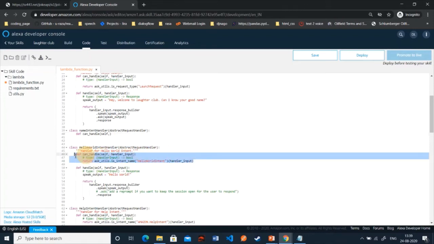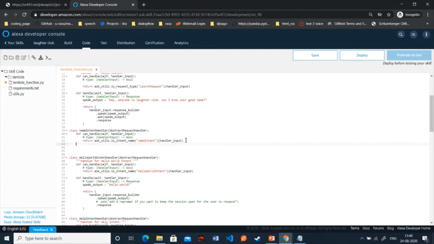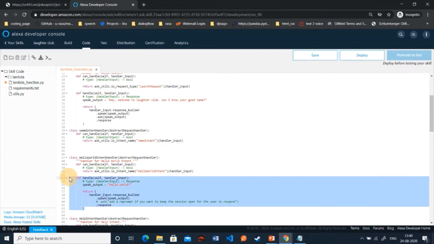Let us copy paste this, because we are going to write the same thing except one change, which is it is handling for the hello world intent, but we want it to handle for name intent. So this function is now going to handle our name intent handler, and we're going to define another function which handles